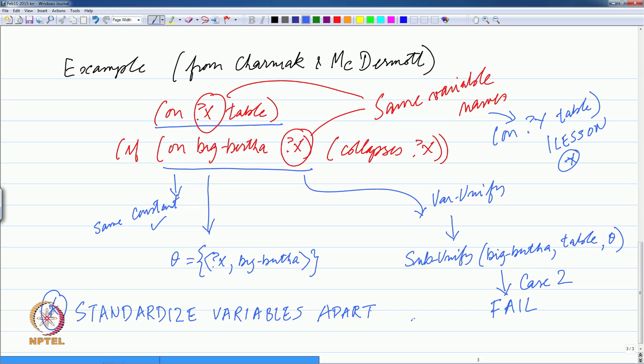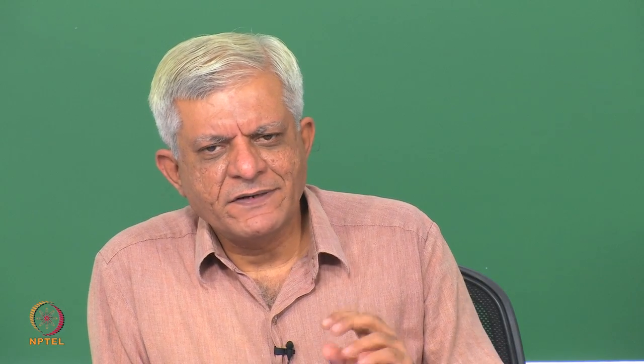So, this is something that we need to be careful about. Whenever we are using universally quantified statements and they are different statements, we must use a different variable name, because